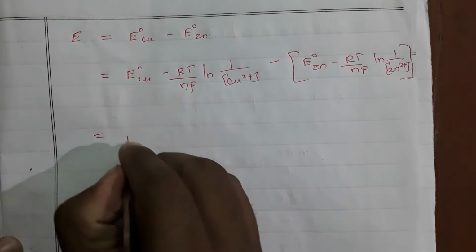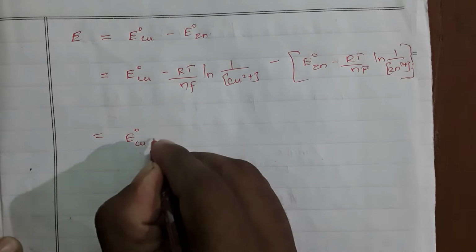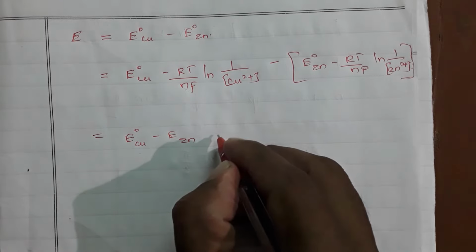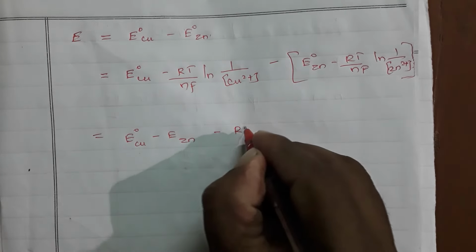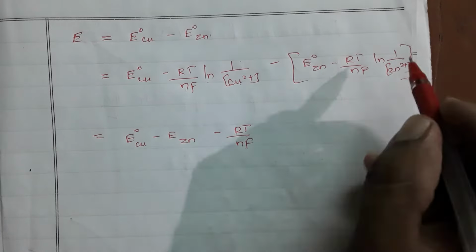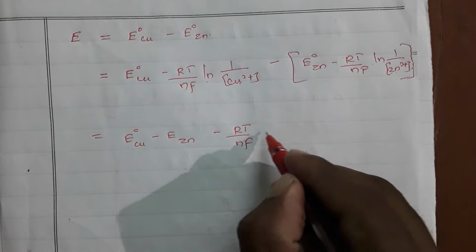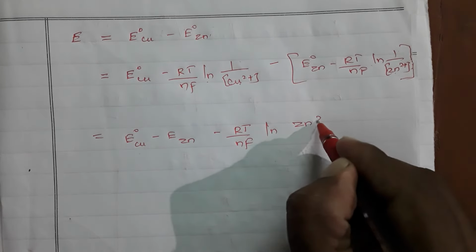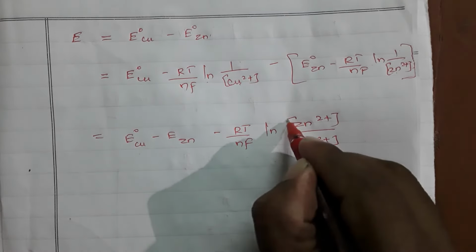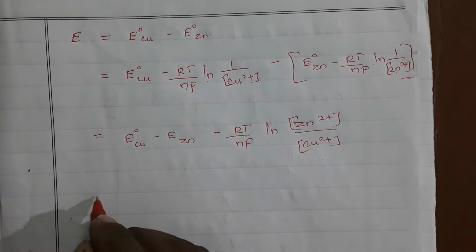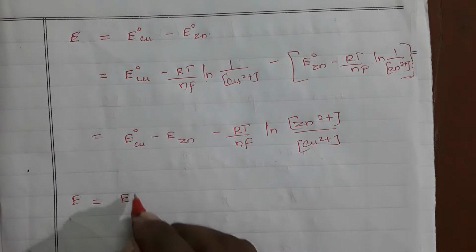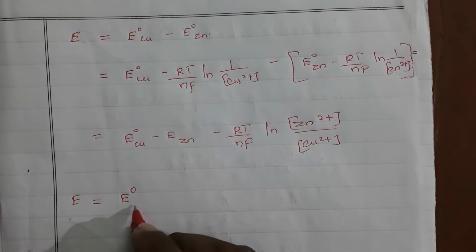Now you can write it this way: E naught of copper minus E naught of zinc, minus, and as a common factor you can take minus RT by nF, times ln of 1 by copper 2 plus, plus ln of 1 by zinc 2 plus, which can be reversed as zinc 2 plus divided by copper 2 plus. So then E is equal to E naught, which is nothing but E naught of the cell,